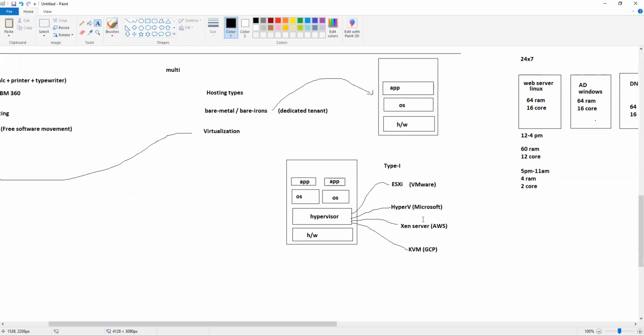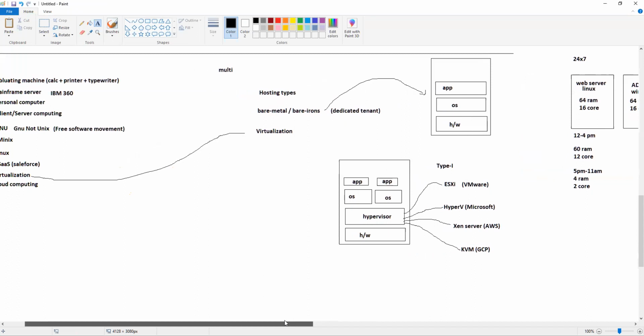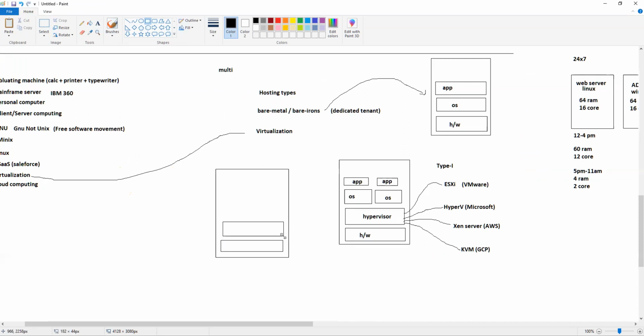So these are type 1, and type 1 is generally used in your data centers, and then you have type 2, which is for your home usage. What happens in type 2? You have the hardware, and on the hardware you put the operating system, just the way it was in the old times.